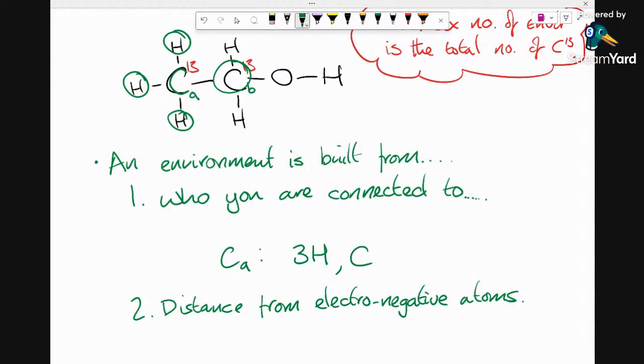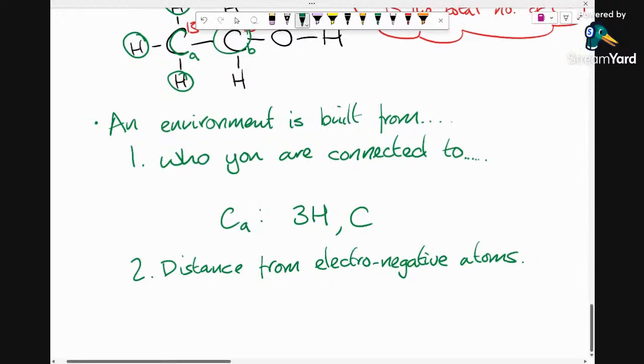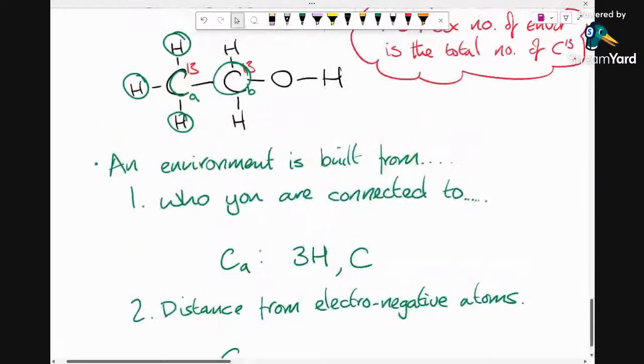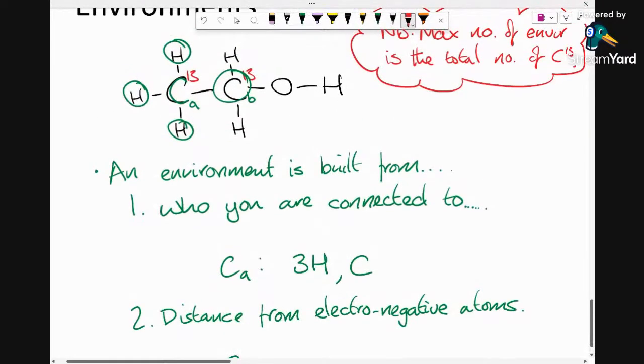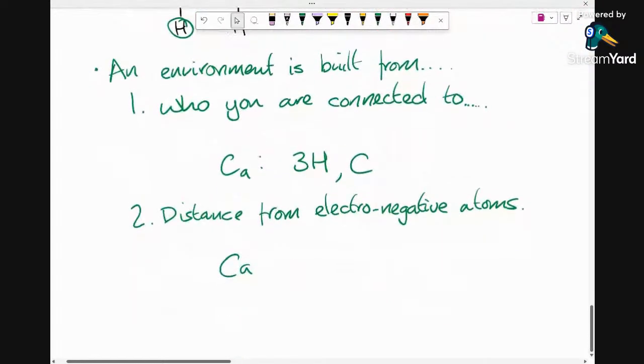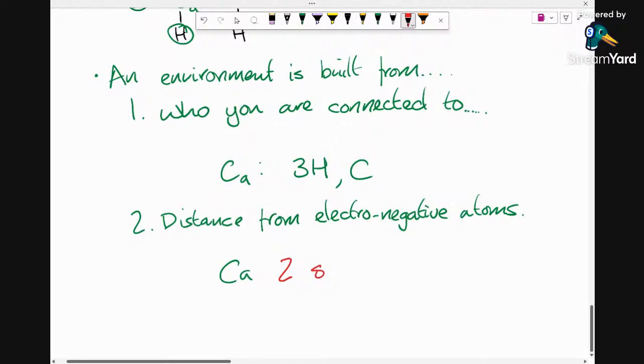I know that sounds odd, and in this case, the alcohol group is what makes this weird. So sometimes students like me to give a clearer description, and I'll show you what this means. For carbon A, its distance from somebody weird, let's just call it oxygen, is going to be 2 moves, so 2 steps